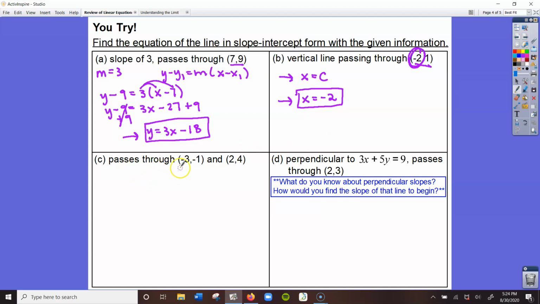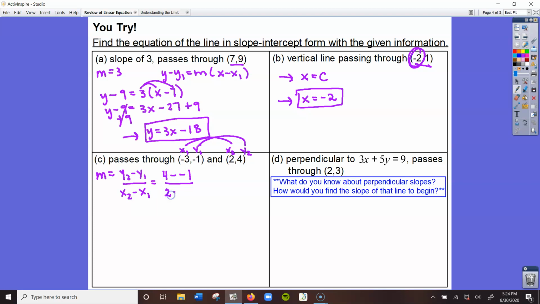For part C, we want to find the equation of a line that is passing through these 2 points. Remember that if you're only given points, you will need to find a way of finding the slope first. So we're going to apply the slope formula. Remember, slope formula is y2 minus y1 over x2 minus x1. I'm going to label my points x1, y1, and this will be x2 and y2. So when I find my slope, I'm going to do y2 minus y1. We have 4 minus -1 over